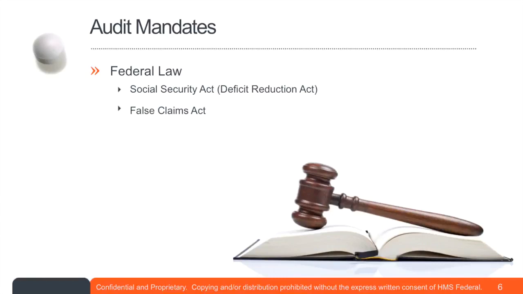The whistleblower term comes from sporting events, when the referee blows a whistle because there's something going on in the game that needs to be stopped, that isn't right. You know, maybe there's a foul. So that's where the whistleblower terminology comes from. And the False Claims Act has part of that written into it to protect the person who is reporting the suspected fraud, waste, or abuse.